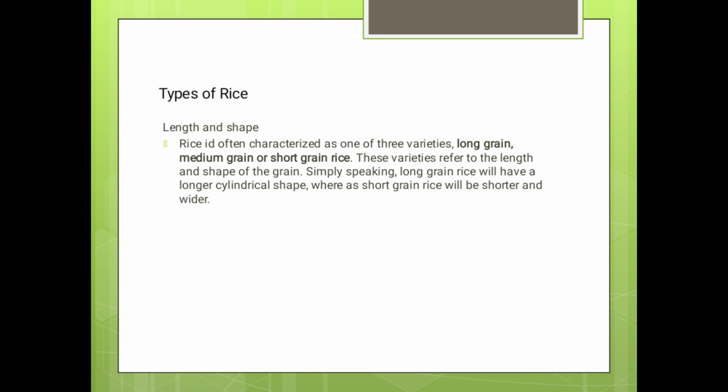These varieties refer to the length and shape of the grain. Simply speaking, long grain rice will have a longer cylindrical shape, while a short grain rice will be shorter and wider. Cylindrical shape mo ni siya sa kanang rice na tong isa ka butil na tong rice kung mabantayan ninyo tag-Asia o cylindrical shape.